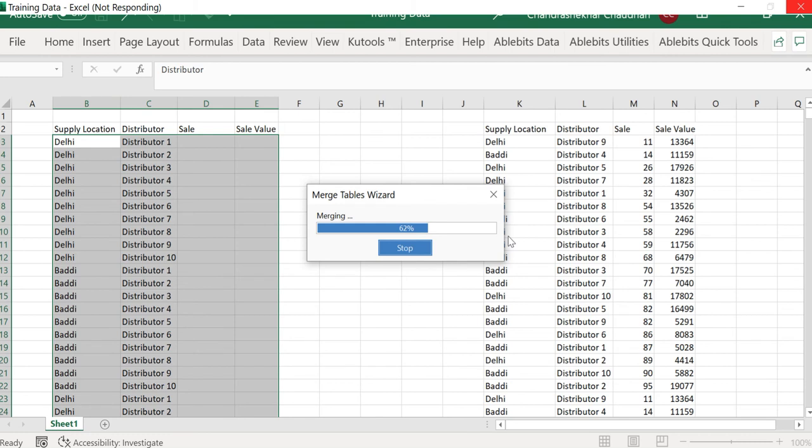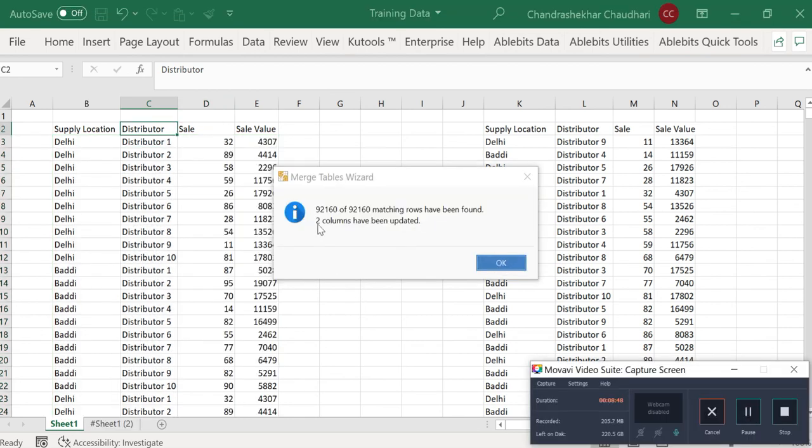But in real life, when I'm analyzing data, there could be four, five, six columns I have to match. And then it's a big hassle to concatenate this data and, based on that, try to put in the VLOOKUP. In that process, your file keeps becoming bigger and bigger. And after doing all the VLOOKUP functions, after all data is pulled in, you have to convert that data into values again, and you have to remove whatever additional fields you have created. All those are hassles when you are using the traditional tools of Excel.